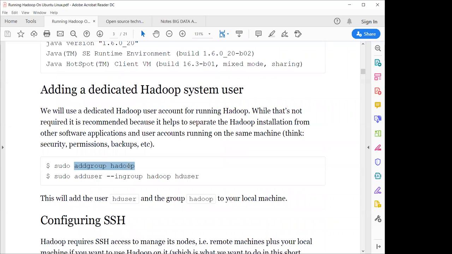Now to install Hadoop, you should add a group for the Hadoop system. Your Hadoop system is using a different type of file system and a different type of configuration, so it should be installed as a different group with different users. So you have to create a group hadoop and a different user. Here the user is the same as when you create a user on your personal system with your name or any other identity. You will create an SD user. From now on, we'll see what the SD user will do and how it will perform.